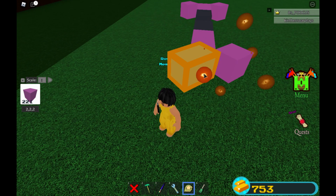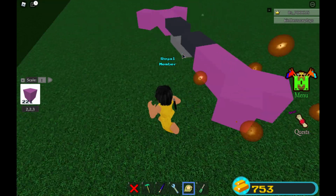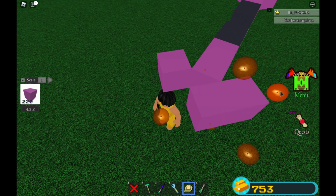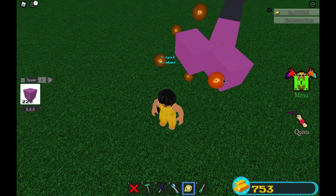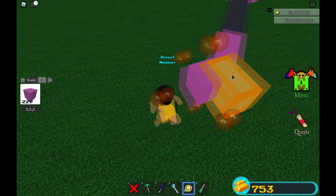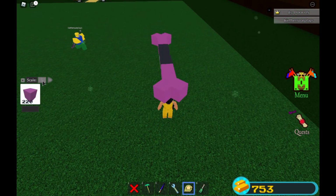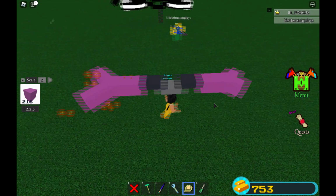And we're going to be doing this for the other side too. So we're going to scale this in and move it in like that. And we're going to come over here, scale it 1 block in, and then we're going to put it like that. And 1 more time, so we're going to scale it right over here like that and scale it in so there's no holes. Now we're going to be putting our scale back to 2, and we're going to get our block like that and like